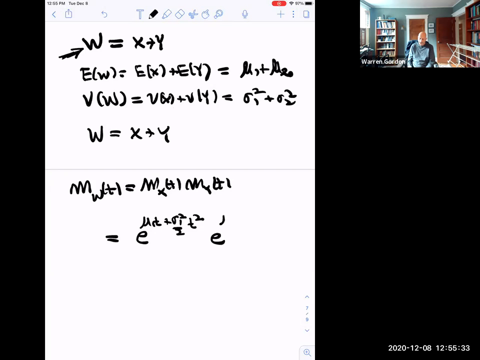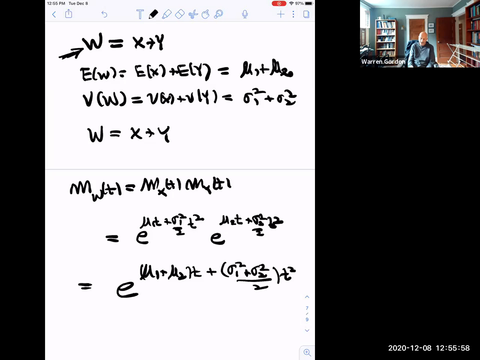And this one is e to the mu 2 t plus sigma 2 squared over 2 t squared. And using the properties of exponents, I can rewrite this as e to the mu 1 plus mu 2 t plus sigma 1 squared plus sigma 2 squared over 2 t squared. Now, if I call this number m and this number here s squared,